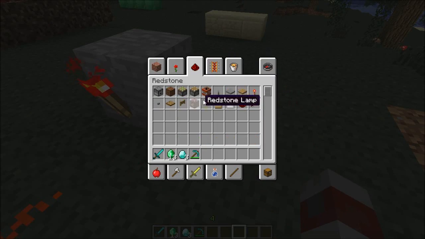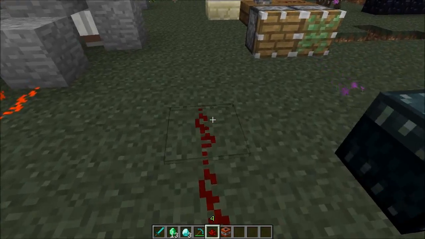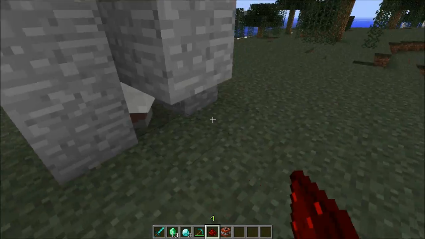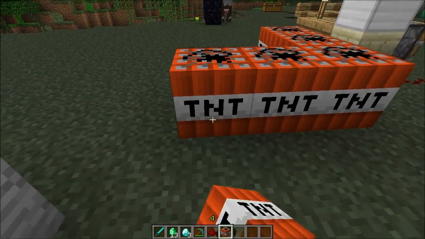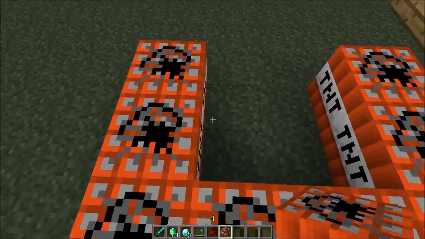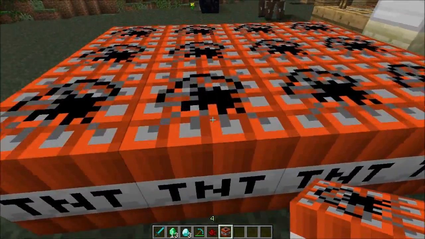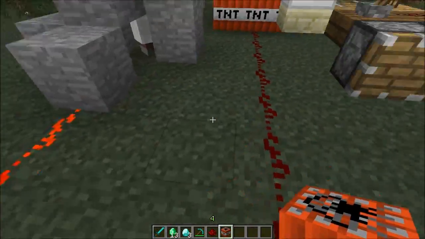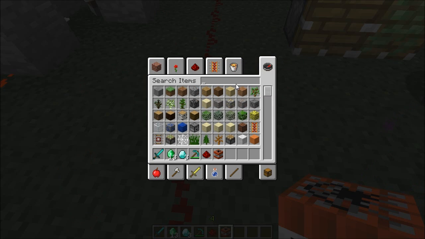So here, let me get some redstone and some TNT. Let me put some here. Here we are. And put that there. And then, when you set this off, when you break this, it sets off the TNT. Hopefully. I don't know if this needs a redstone repeater, but just in case,